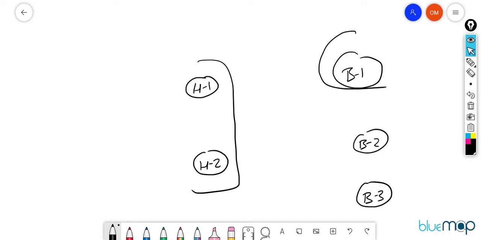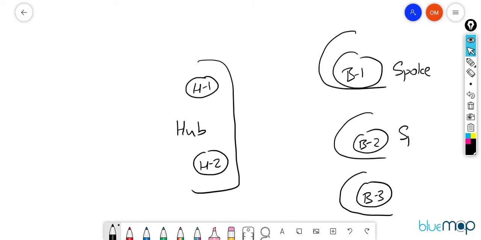So these are my branch offices. What I want to do over here is make this location my hub location, and all these locations will be acting as my spoke locations. So this will be spoke 1, this will be spoke 2, and this will be spoke 3.